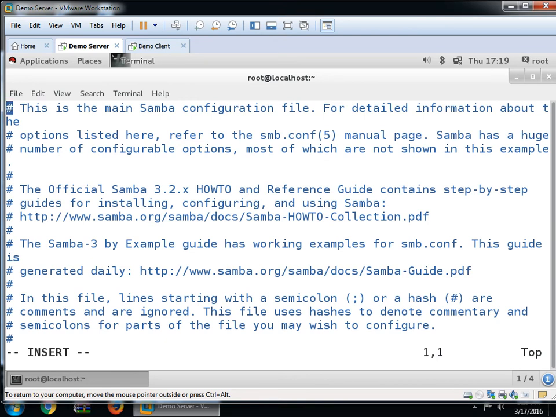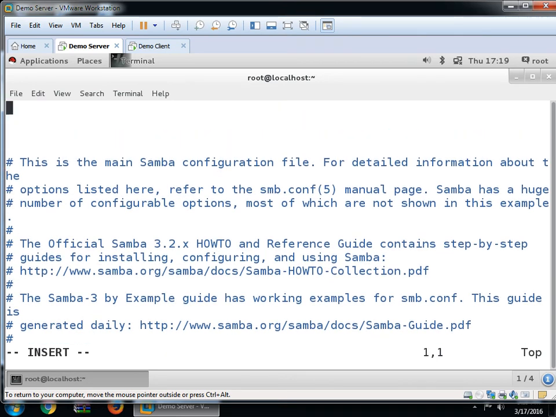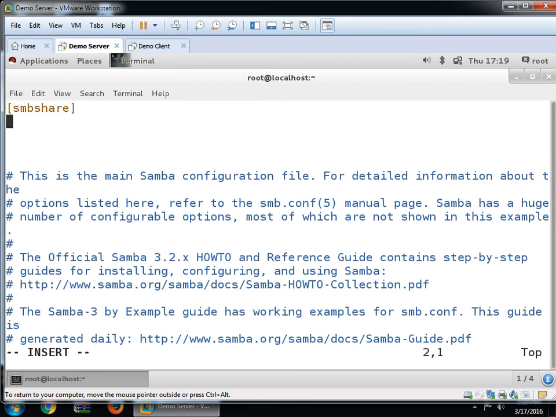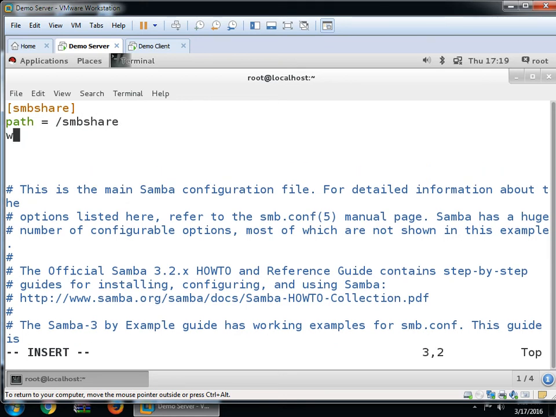Here press I and do one thing: give here [smbshare], put the entry, and the path is simply /smbshare and write list is equal to @marketing. Save this.